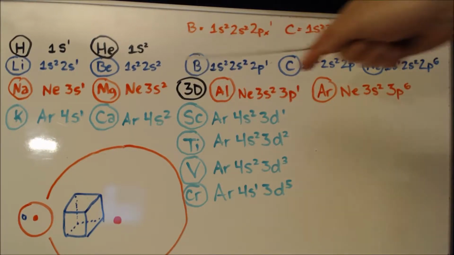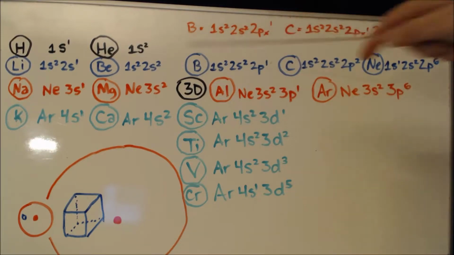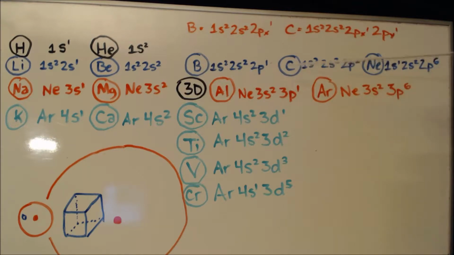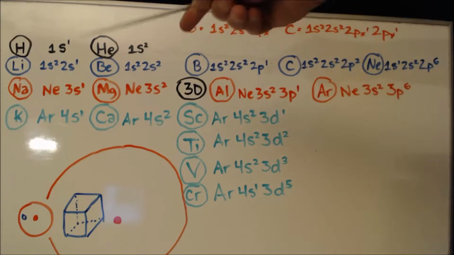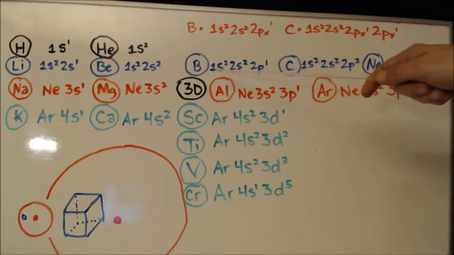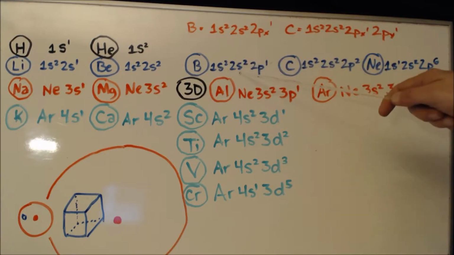For boron, remember, you jump over to the p orbitals. You're still going to have everything that the last person had: 1s2, 2s2. But now you're going to have a p orbital that you're going to put 1 into, and it's in your second shell. So it's 2p1. You do that the same for carbon. You have everything the same, 1s2, 2s2, but you're going to add another electron to your p orbital. So that's 2p2. And you do that all the way down to neon, where you'd have 6 electrons in your